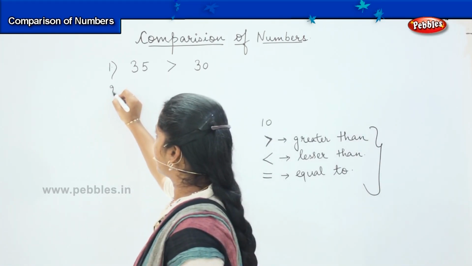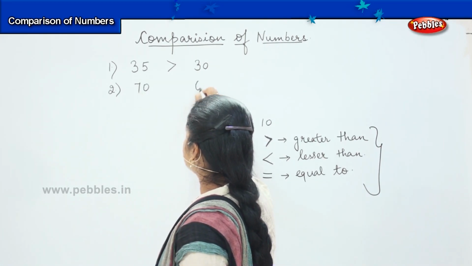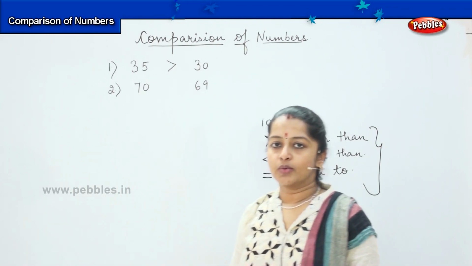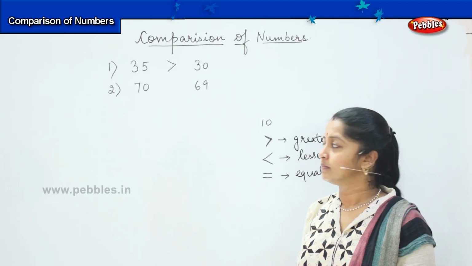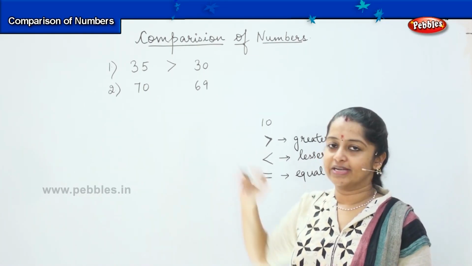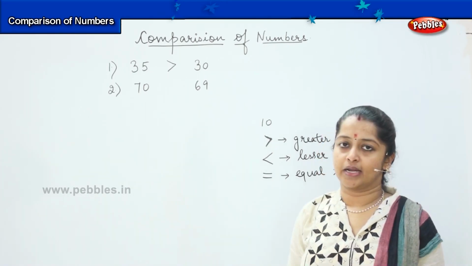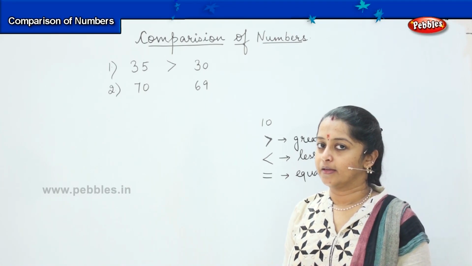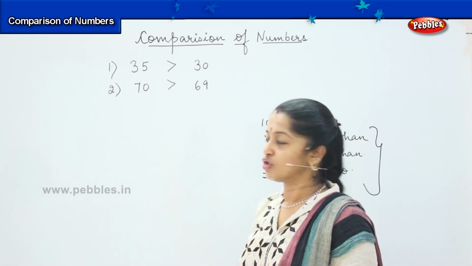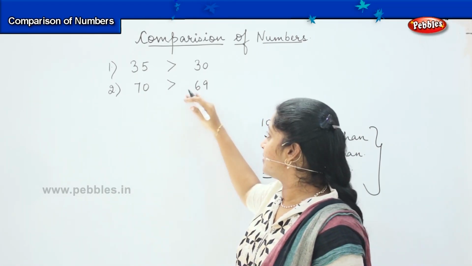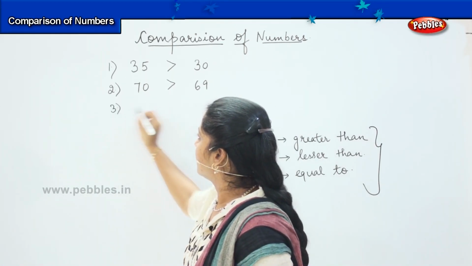Okay. Here comes your second question. Now, if I say 70 and 69, can you tell me which is larger and which is the smaller one? Think and say. Good. It is 70. So now, the crocodile is going to eat which number? Is it going to eat 70 or 69? Yes, it is again going to eat the 70. So, 70 is greater than 69. Shall we do some more? Okay. So, here is your next one.